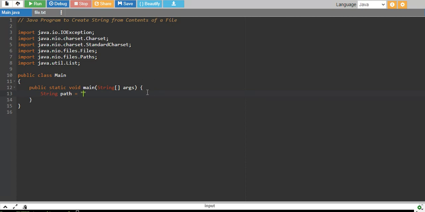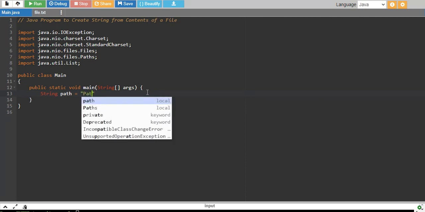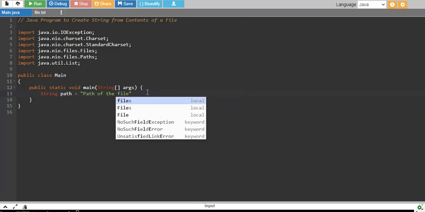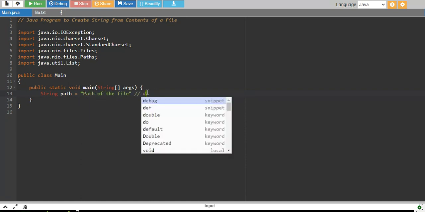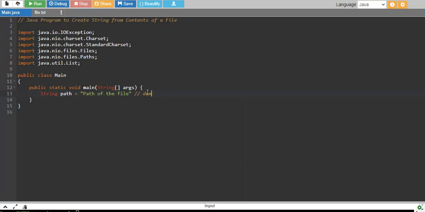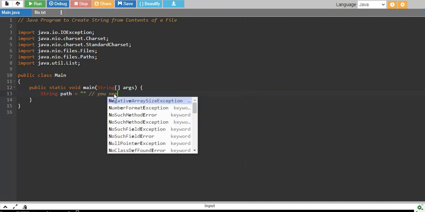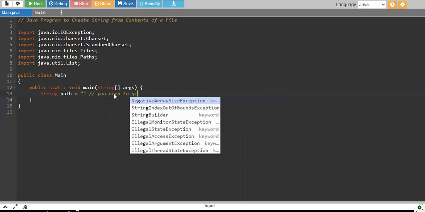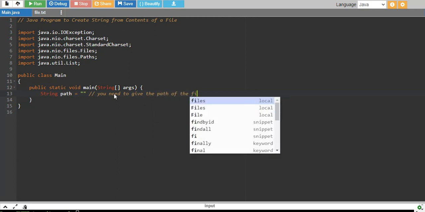So I'll just say the path of the file. I'm not passing any real path, I'll just mention that you need to give the path of the file.